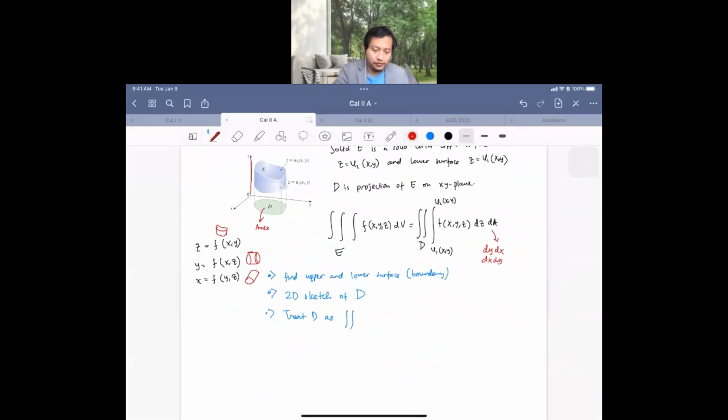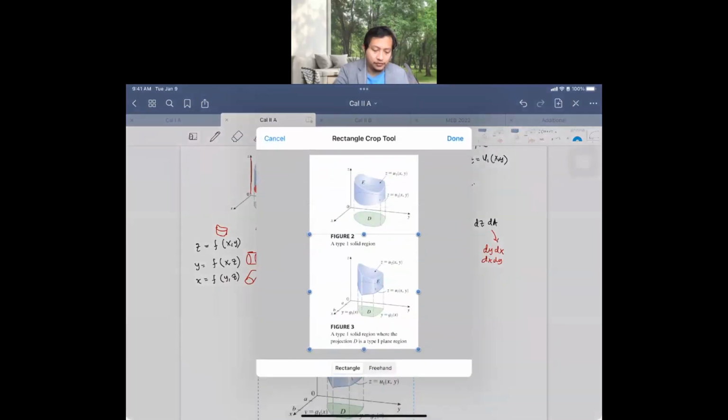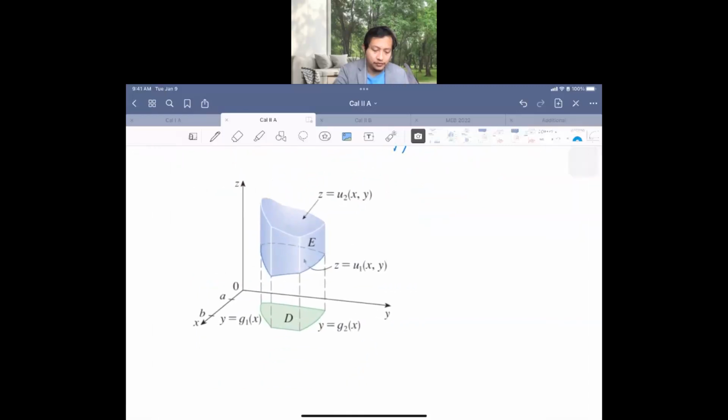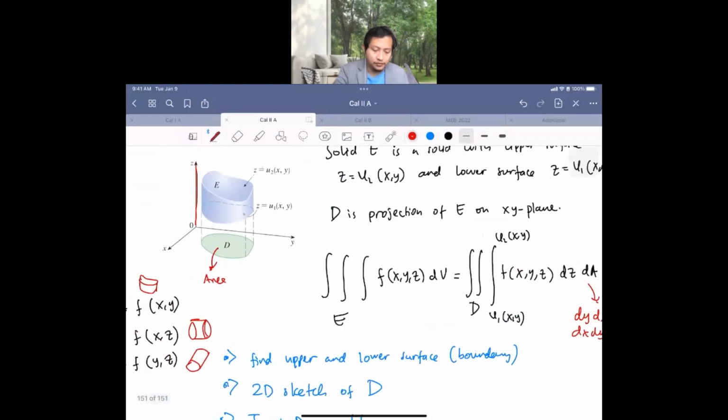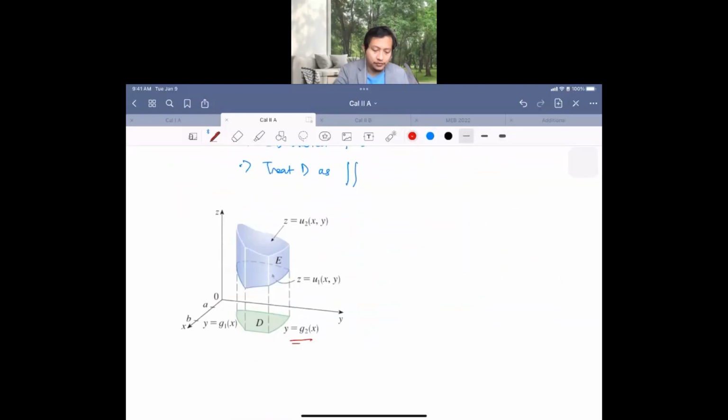If we look at the other example, it's to give a clearer way for the D. So now the D is not just a general D that you can imagine, where you decide which arrangement you are going to use, dy dx or dx dy. For this one, we have y equal to a function of x. Okay, so we are going to have